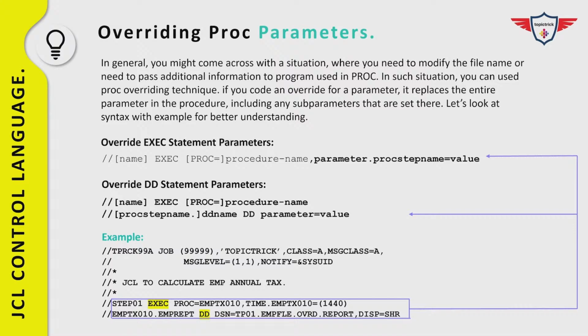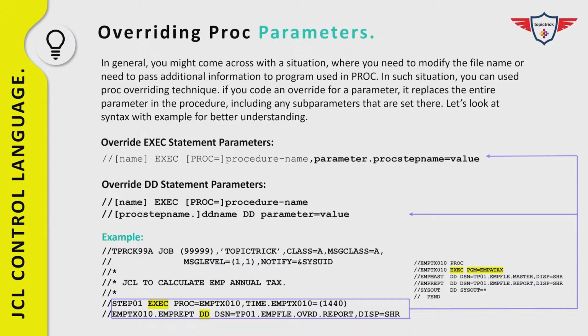So again, there is a sample JCL and we are using the same catalog procedure that we have used in our previous example. In this case, the first two lines are again a job card, and after that you have the next three lines, which are actually a comment section that lets you know what exactly this job is doing. The next step is STEP01, which is actually an execute statement, and this execute statement is invoking or executing the catalog procedure that is